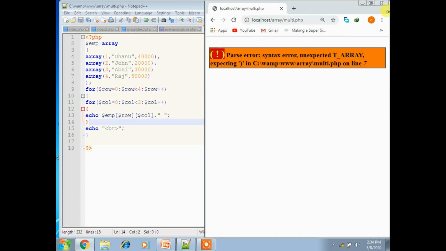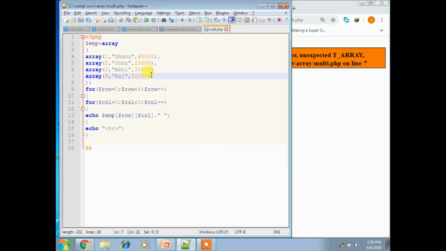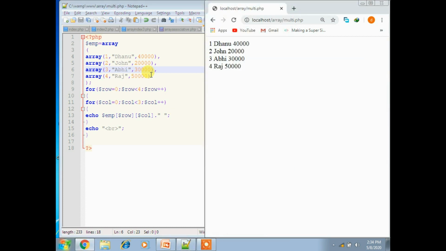So it's displaying an error. Why? It's expecting something in the 7th line. Yes, sorry, and now it will display.